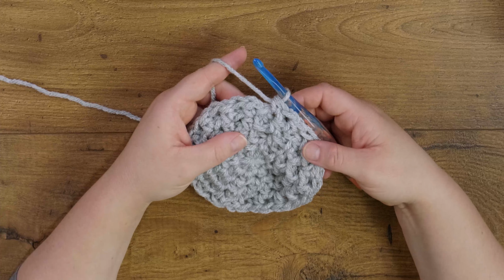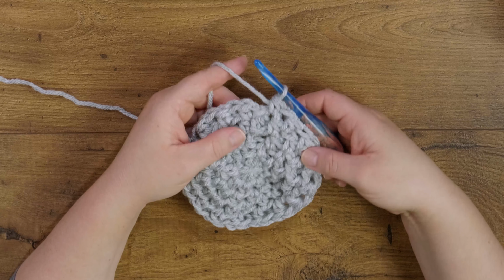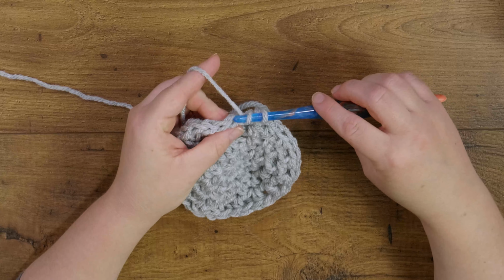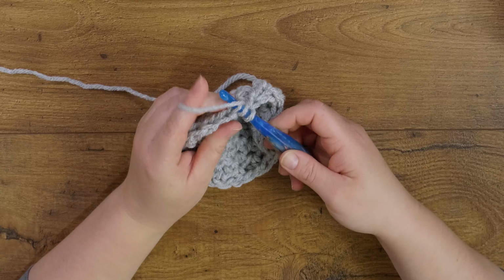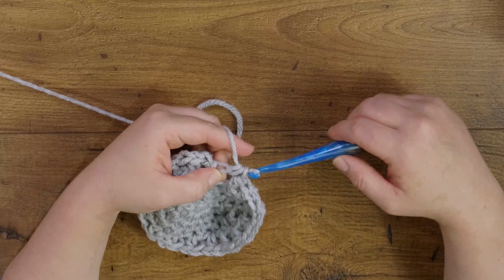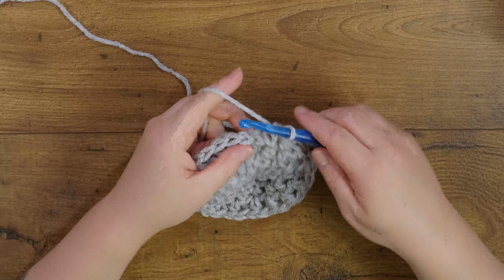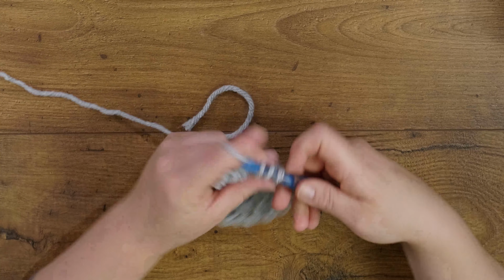So now instead of joining, we're just going to work our next stitch, which will be in the 3rd loop. It'll be the 3rd loop of the first stitch we worked in that round. So instead of joining, we've now kind of joined it with a half double crochet in a sense. So now we're just going to continue alternating top 2 loops and 3rd loop